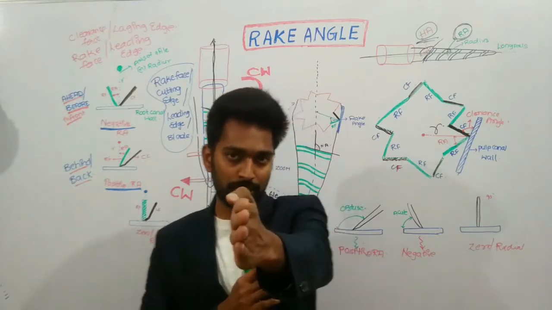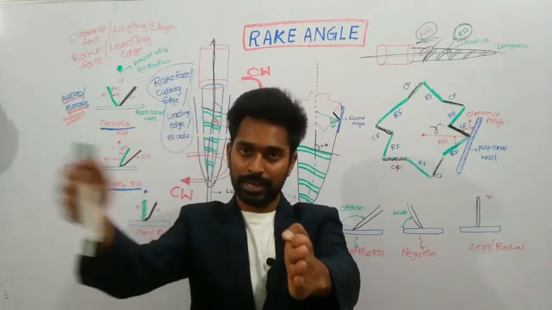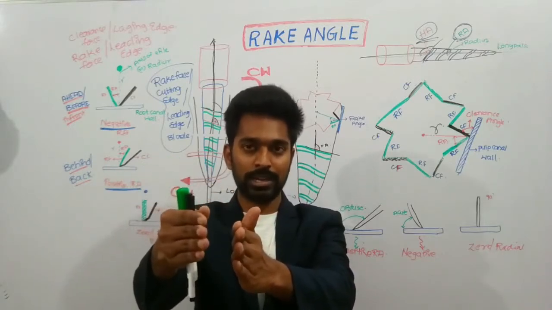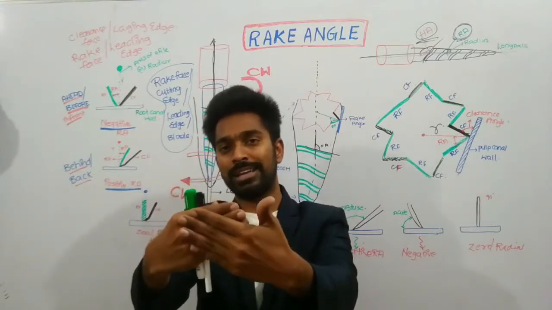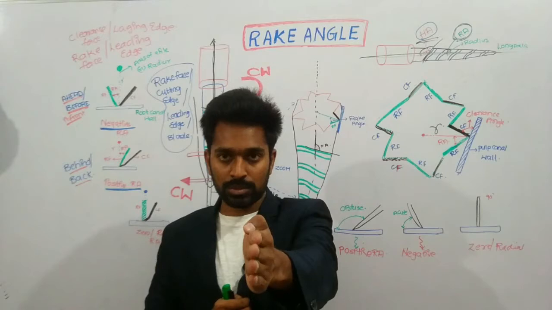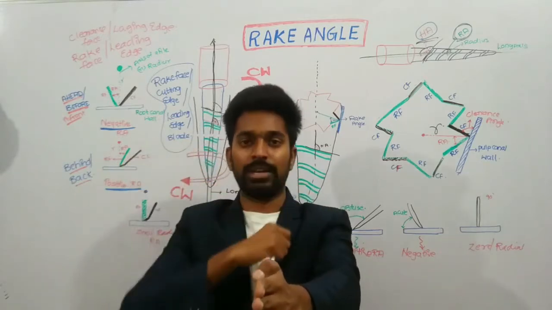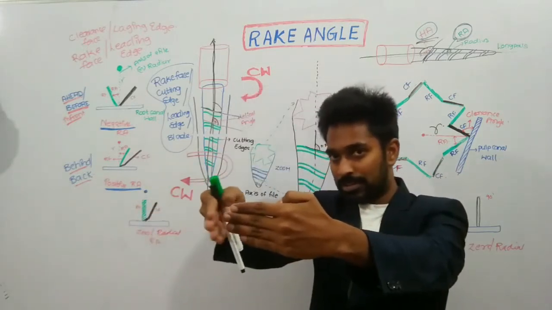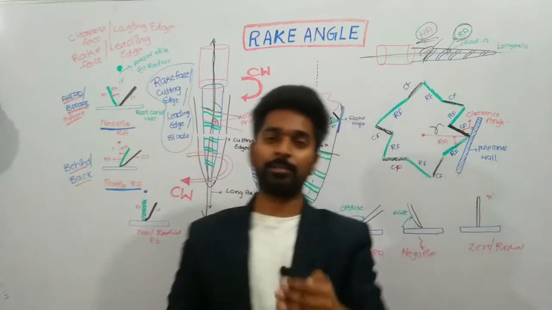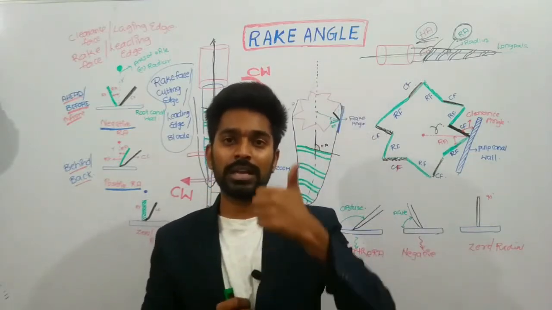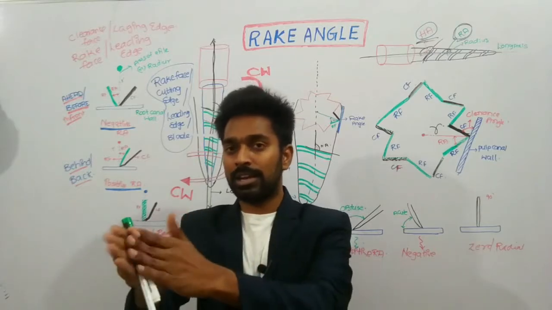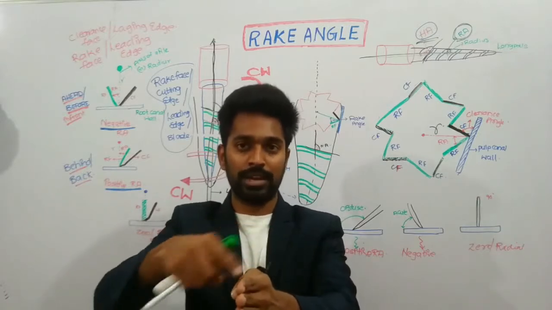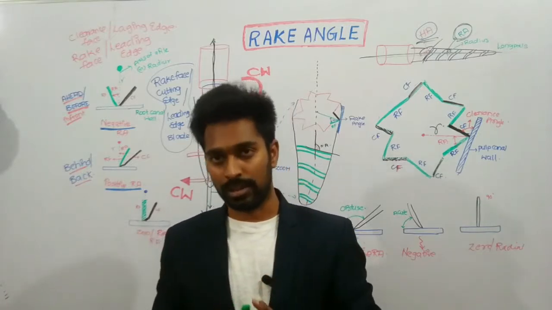So coming to the positive, negative and zero rake angle. Suppose this is the radius of the file and this is my cutting edge, which has two faces. One is the rake face, which faces primarily towards the cutting surface, and the second is the clearance face, which is the lagging face. While the bur is rotating in a clockwise direction, if the rake face is ahead of the radius of the file, this angle is called a negative rake angle. I repeat, if the rake face is ahead or in front of the radius of the file, this is called a negative rake angle.